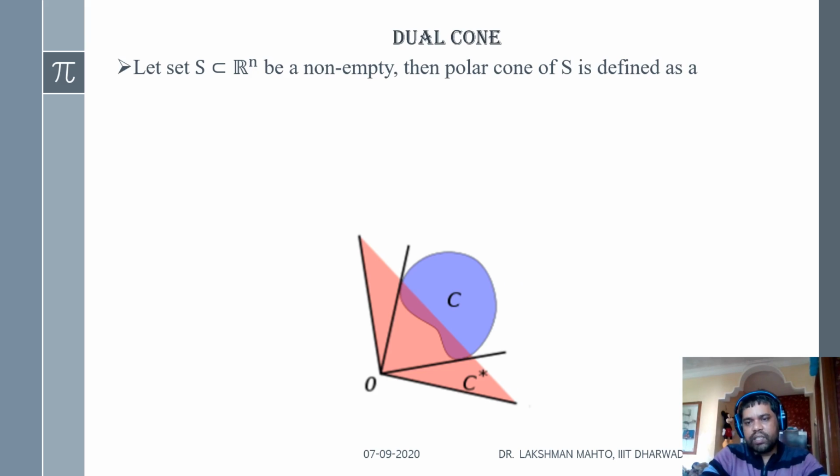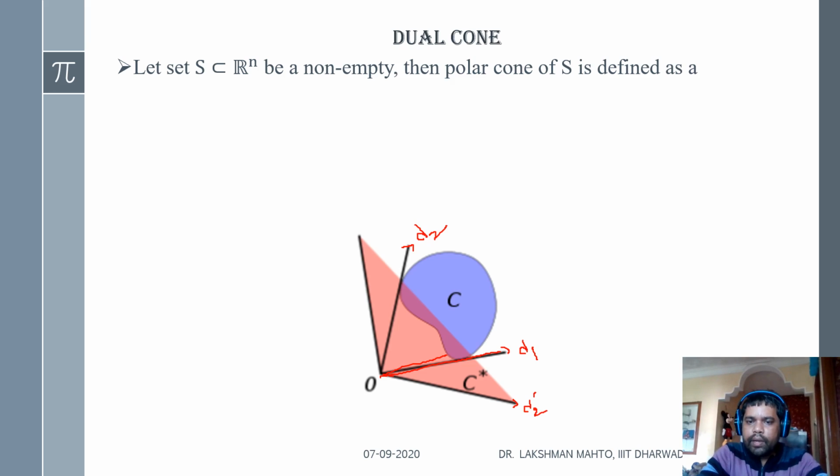In the last case K was a cone. Here in this case, the blue shaded region C is a non-convex set. Whether it is convex or non-convex, always find the extreme directions. One extreme direction is this black line, which I am calling D1. Find another extreme direction, this is D2. Now find the perpendicular to D2. This is the perpendicular to D2.